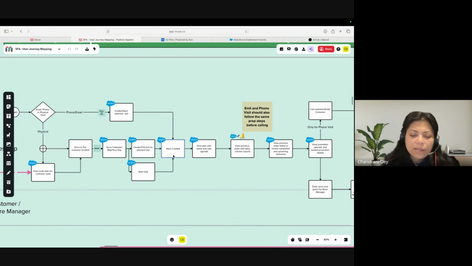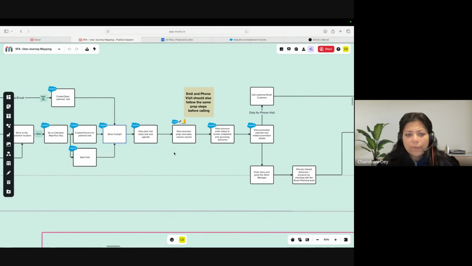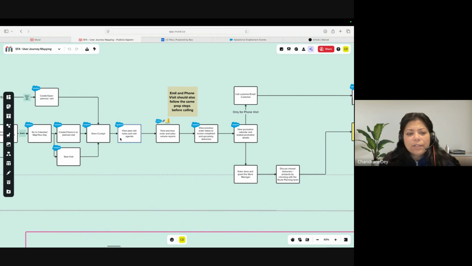Store cockpit is a functionality, or feature you can say, in the mobile device, which is not available in the web at all. If we go to the web version now, we will not be able to see the store cockpit. And in the store cockpit itself, he'll be able to see the past visit data.